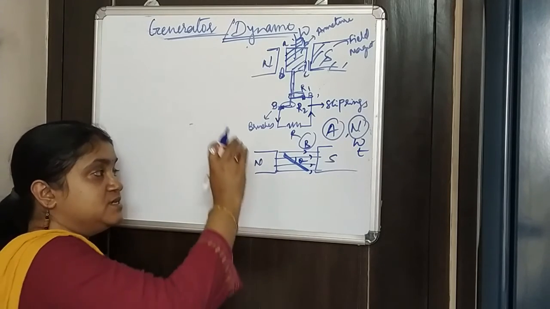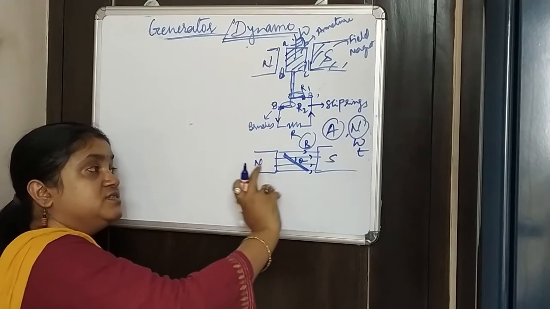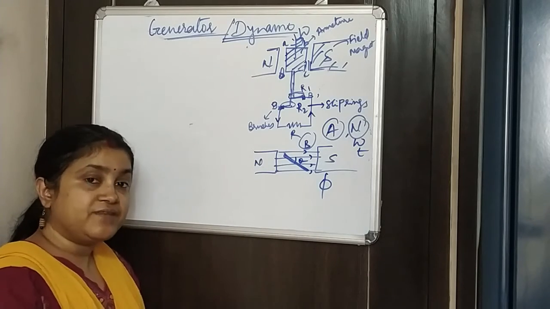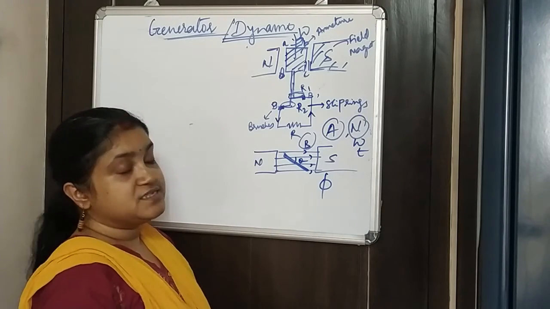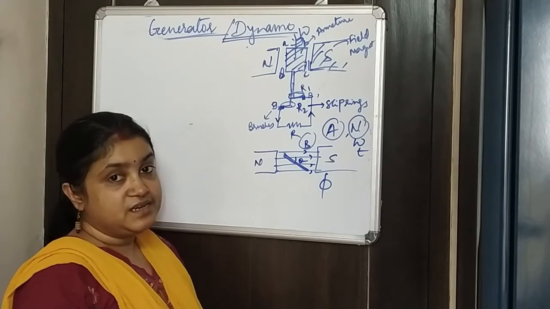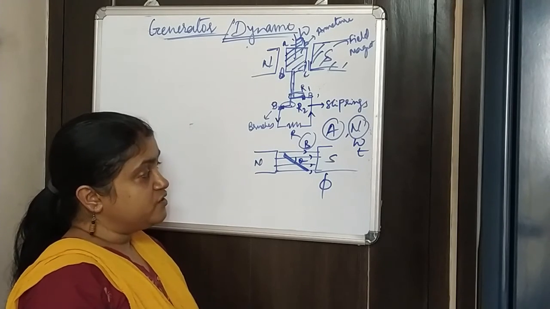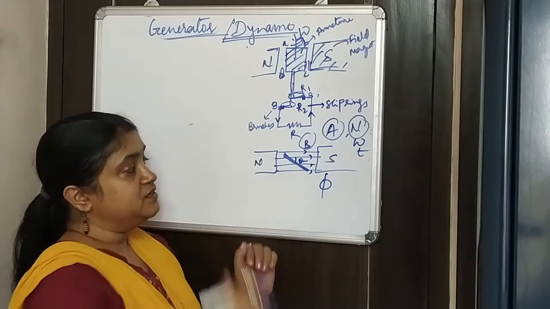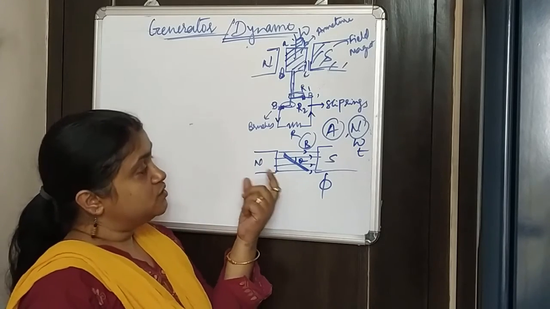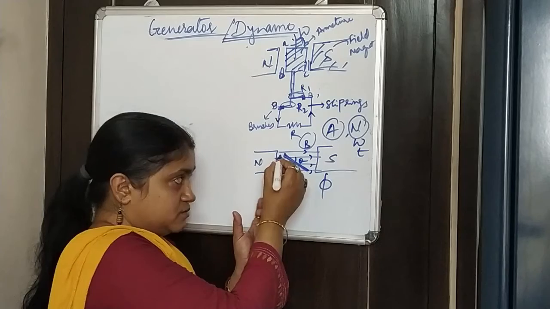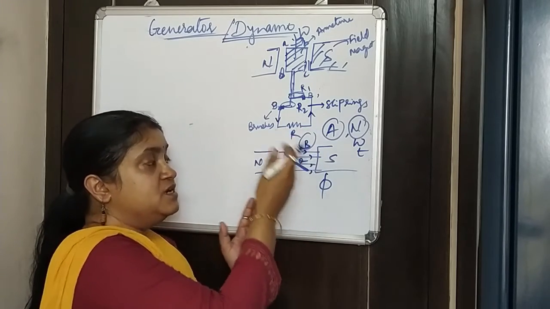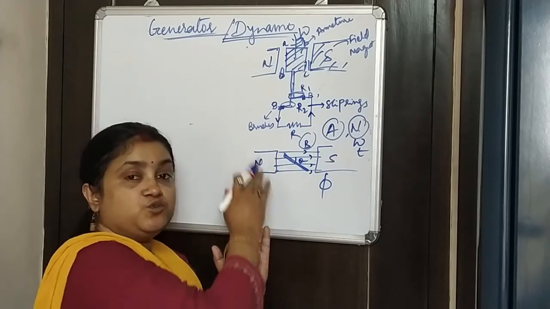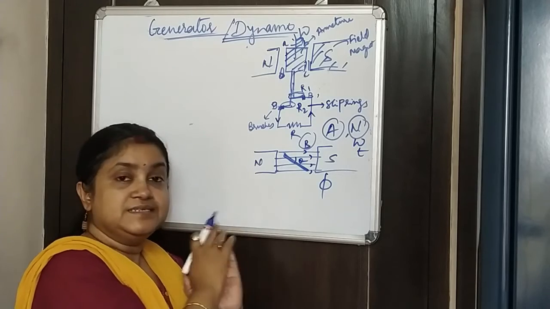So what happens is this armature is rotating, and as it is rotating, there is a change of magnetic flux, and this change of magnetic flux is what is generating the EMF. So first, let's calculate what is the magnetic flux that is generated by this armature. As we know, the magnetic field is B. Let's consider the area of this is A, and the total number of turns of this armature is N.